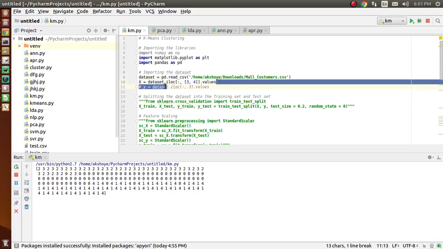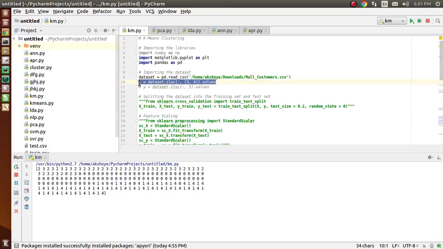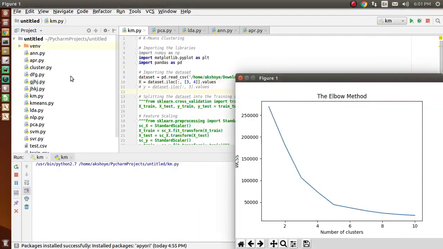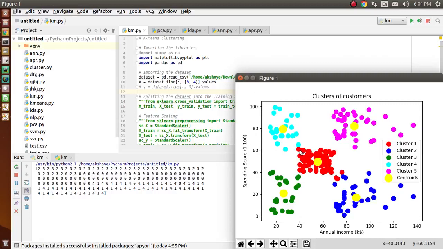After that, we have taken the dataset. We have taken only 2 values, that is spending score and annual income, because according to the annual income, a customer will purchase a product from the mall. That's why we have taken only two variables. Let me show you the output once again. So we have plotted the graph between two variables, that is annual income and spending score.